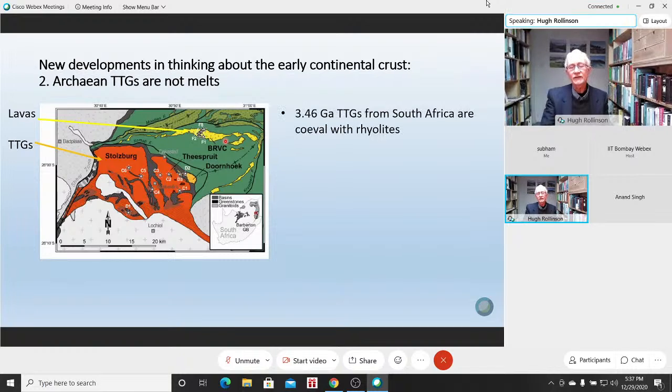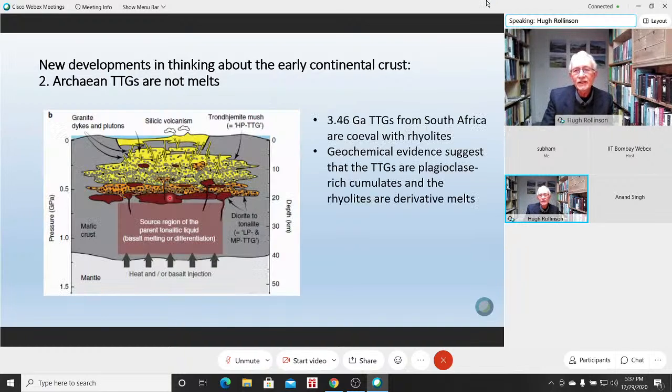And the finding of these authors, Lauren and others, suggests that these Stolzberg TTGs are coeval with these rhyolites, these felsic volcanics, which are found nearby. And these authors carried out some very clever and intricate zircon geochemistry in order to establish the coeval nature of these two suites. What they suggest is that we have a pluton here where we have a primary parental liquid, and